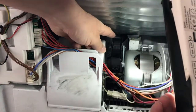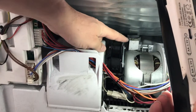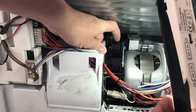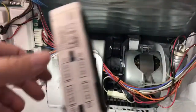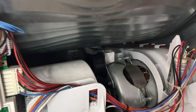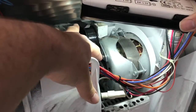So the problem I had was this was broken, this wheel, and these are about £8.95 I think it was on Amazon, so they're only cheap, and it comes with the wheel and this little bracket here. And if you, let me see if I can show you that. So what you'll hopefully see there, if I can get some light on that,